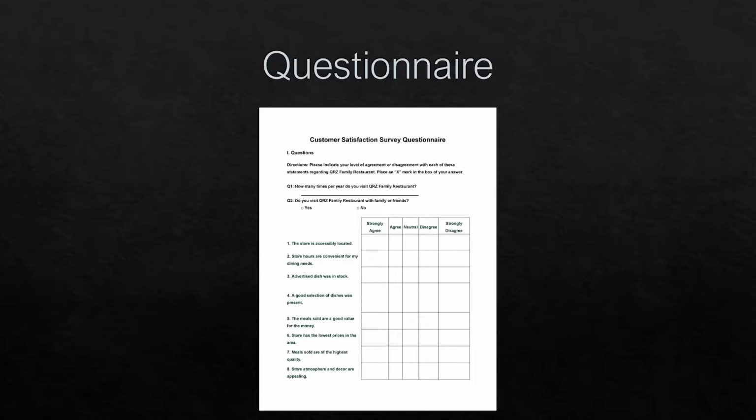Now, if you have a paper questionnaire, a survey questionnaire like this one, the respondent would manually fill in the responses in this, and you as a researcher must summarize this. I am more familiar with Microsoft Excel, so I will discuss how to clean the dataset in a Microsoft Excel file.